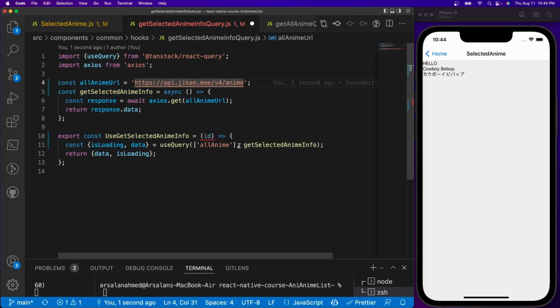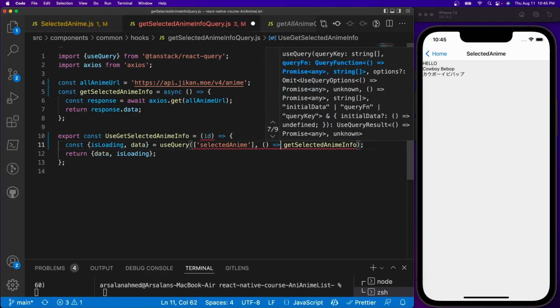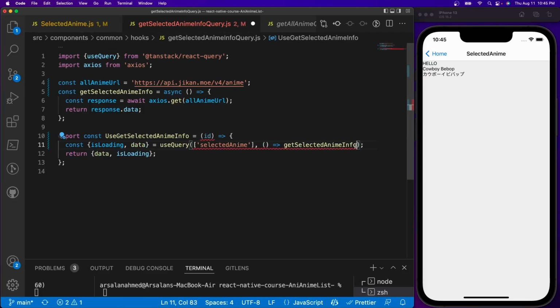The way that we're going to do that is, instead of the use query right here, firstly we have to change the name of this, because if we don't, it's going to get all mixed up and screw everything up. So I'm going to call it selectedAnime. We have that query in place, and we have to convert this into a function call basically. So we'll do curly braces, arrow function, and inside of here we're going to pass in